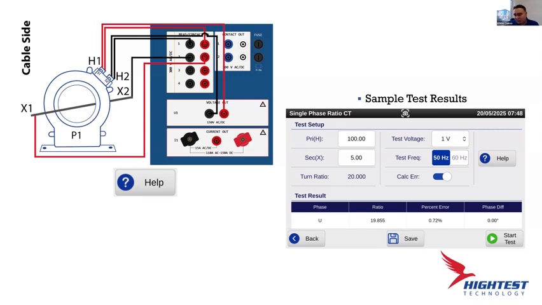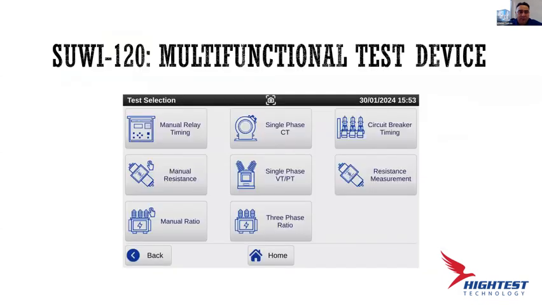Supposed ratio is 19.85, and the percentage error is 0.72, which is a pass for our calculation. Basically this is our CT test, and the second one is our VT and PT test